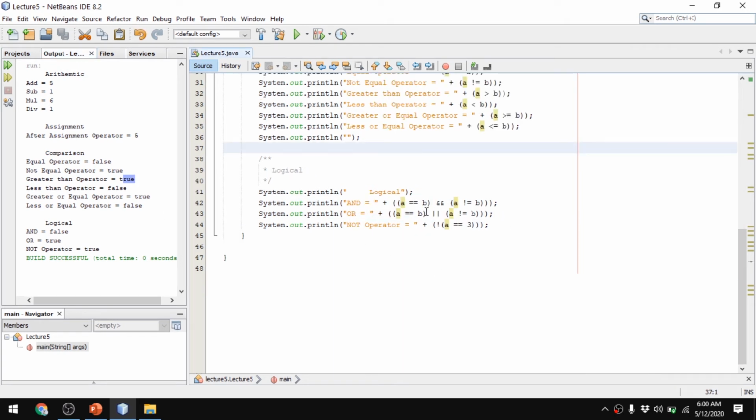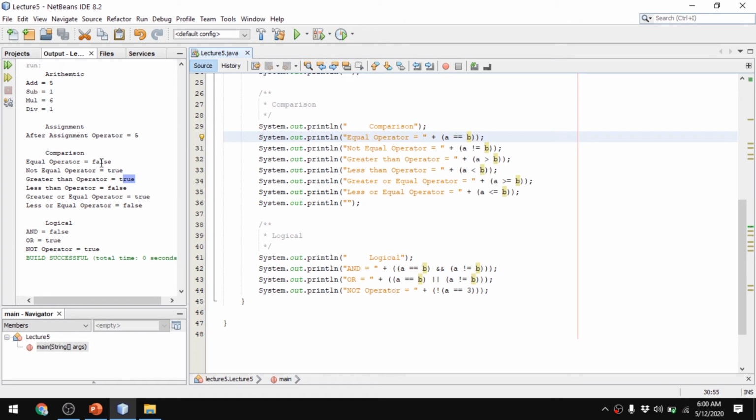And then we move to the logical operators, in which we compare two boolean values. So let's suppose, what is the result of a equal to b? We have this one, and it returned false. And what is the result of a not equal to b? We have the second row here, and it returned true. So what is the collective result of these two? True and false is equal to what? As I explained before, and is only true if all the expressions or comparisons are true. So in this case, one is true and the other is false, so it will print false, and here you can see it is false.